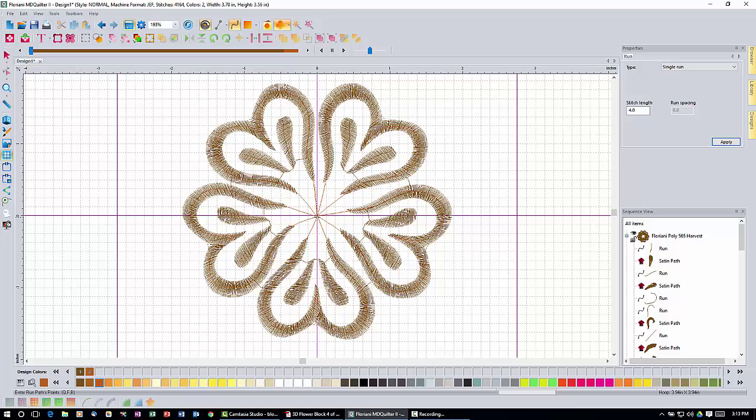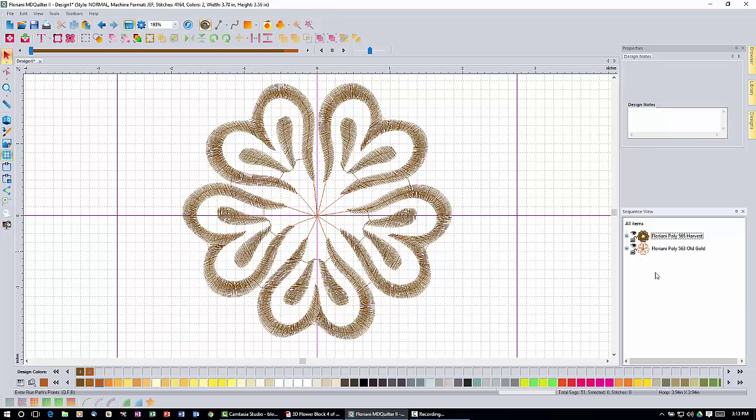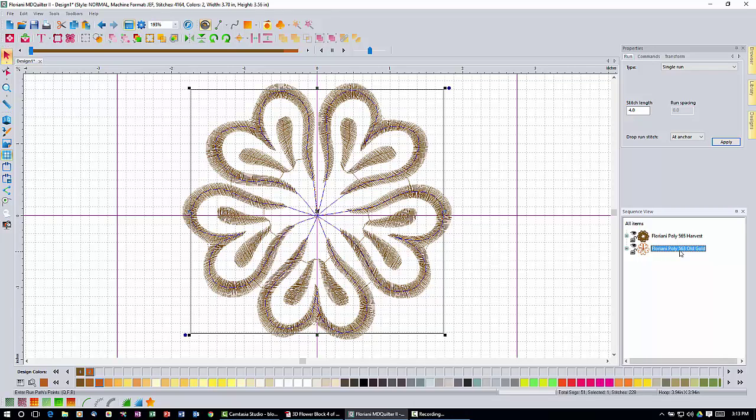All right, so once we've done that, we are going to create our tack down stitches out of them. So if we come over to our sequence view, I'm going to collapse the top item by clicking the little minus icon right here, and you can see here's our outline that we just drew. All right, so what we're going to do is click that outline and make a copy of it. So I'm going to click copy and then paste, and now I've got two of them,